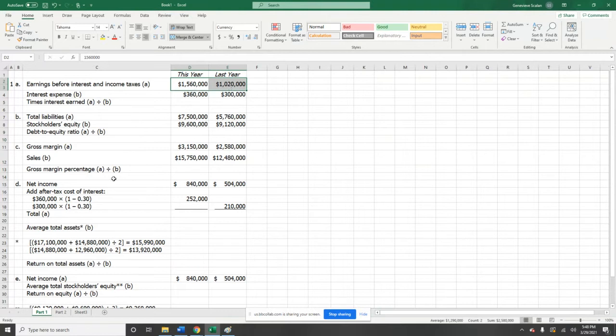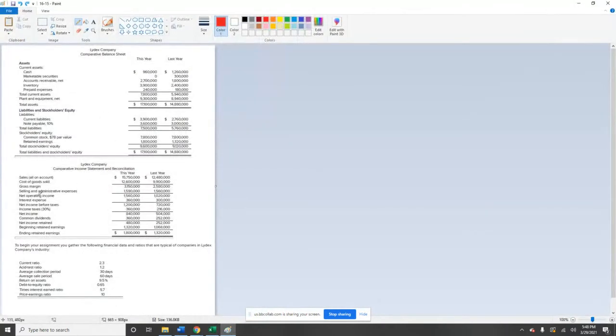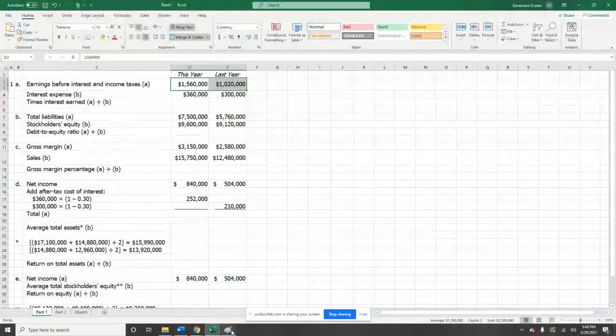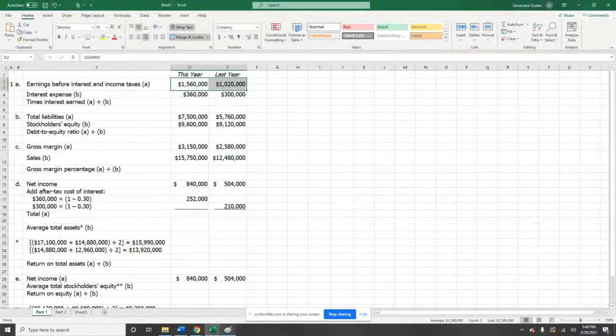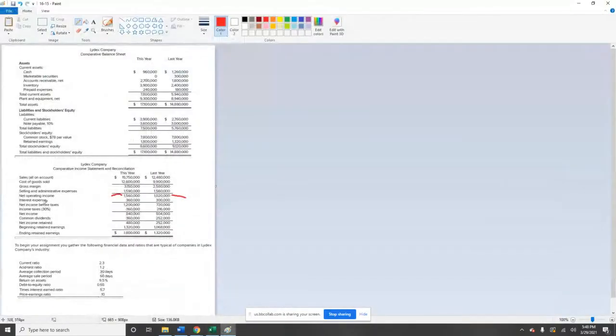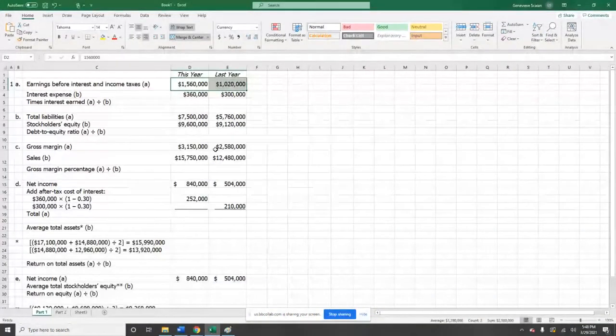So here's earnings before interest and taxes, EBIT, and if you look at the financial statements, you'll see here it is, the operating income, right? So it's going to match up. There it is right there. I'm just taking these numbers off of here and plugging them in here. Interest expense, that's going to be right below. Yep, there it is, interest expense. See? I've taken these numbers and put them in the spreadsheet so that it's just easier to do my calculations. But the numbers that you need come from